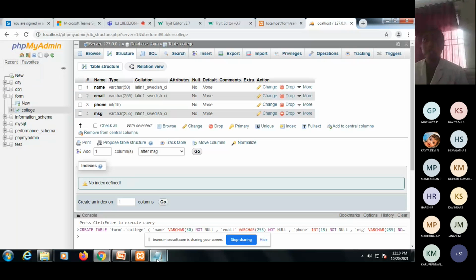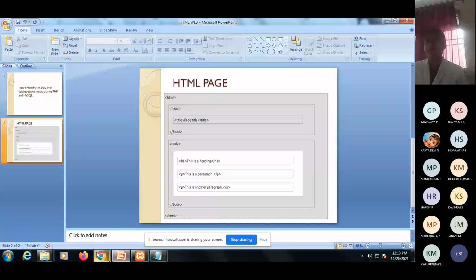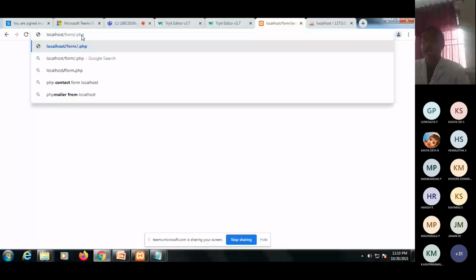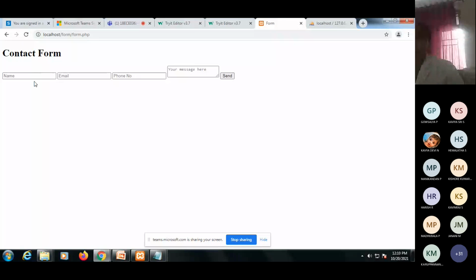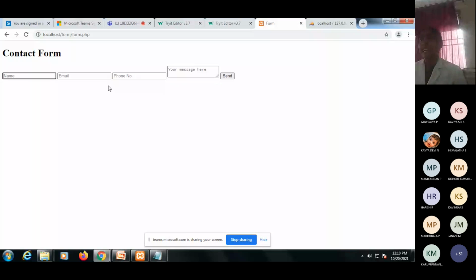I'm going to include name, email, phone, and then message here. I'm going to access the variables, the names I have already given. Instead of send.php, in form.php, what I have entered is name, email, phone number, and message. As I type the name here, it will be automatically stored in this college table. So what I enter in the website's HTML form is directly stored in your